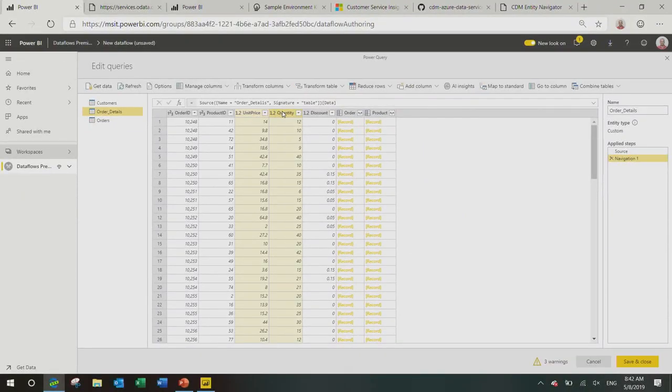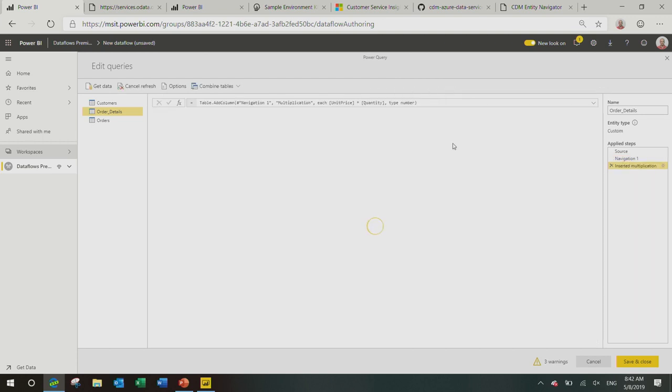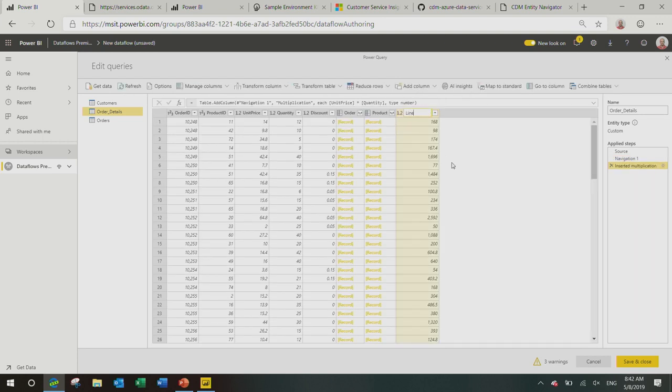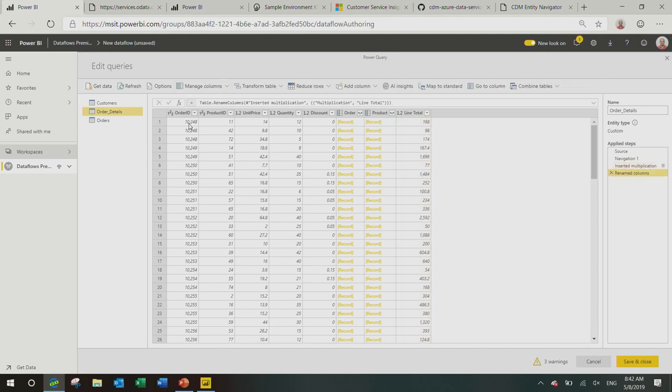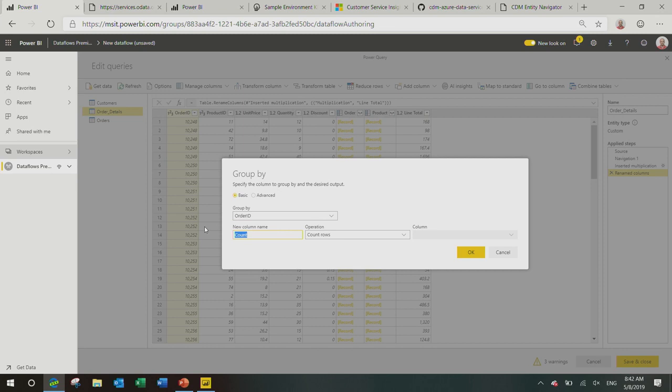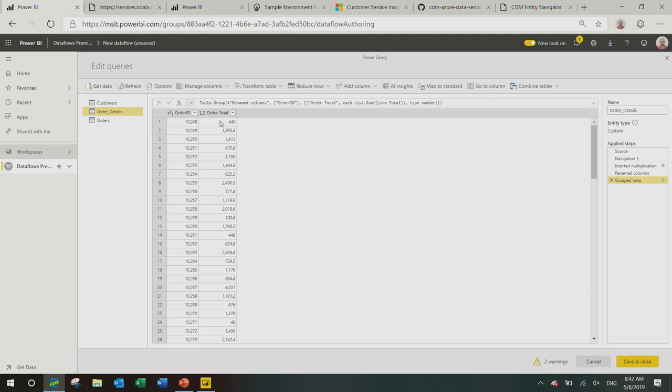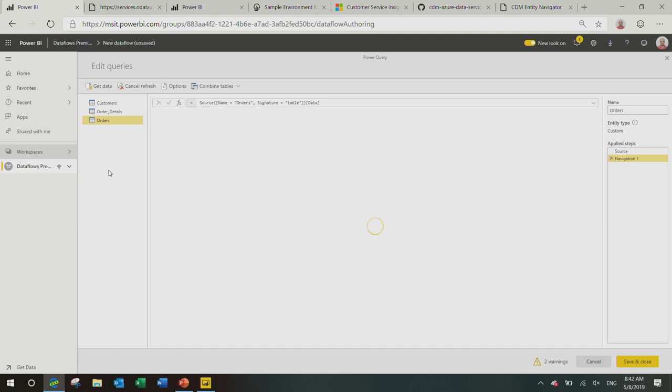So the first thing we need to do is calculate the line total. If we select unit price and quantity, we can add a new column with a standard operation like a multiplication. Now we end up with this new column that has the line total. Great. Now that we have totals for each of the lines, we need to calculate the order total. So we can pick the order ID, and maybe we do a group by. Here we can call the new column order total. The operation we're going to do is a sum, and then we pick which column to sum. We'll pick line total. That's going to give us just 2 columns, with the order and the order total. Great.